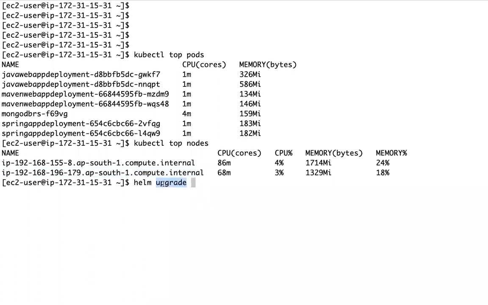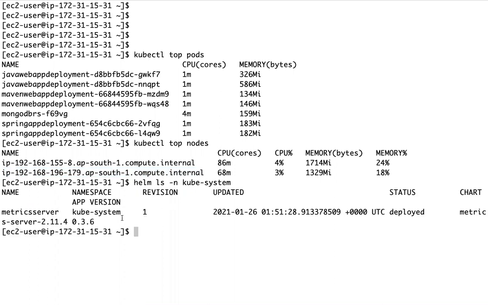You can upgrade, or if I want to remove that application completely from my Kubernetes cluster, what can I do? If I want to completely remove that application... now let's assume I want to update something. What can I do? I can use something like this, Helm upgrade, that chart name.